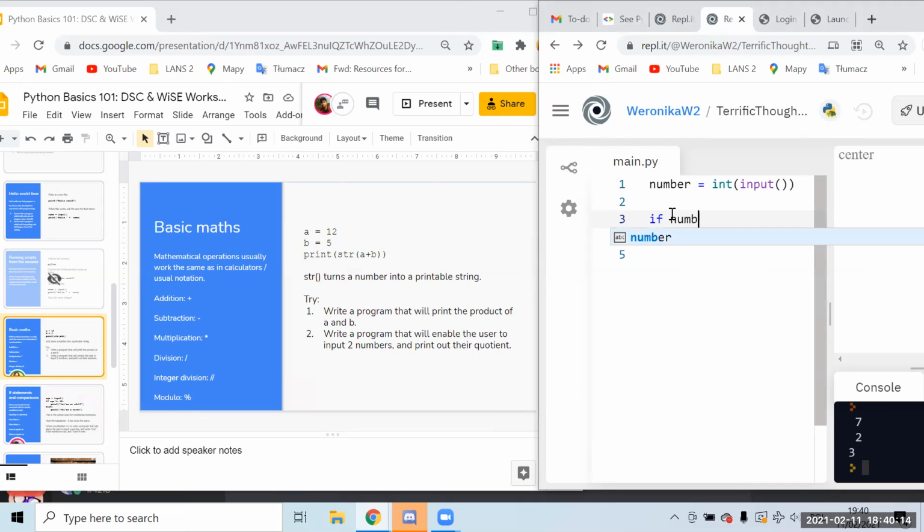So if number % sign, this is the remainder from division, equals 0, then print even, and else print what?